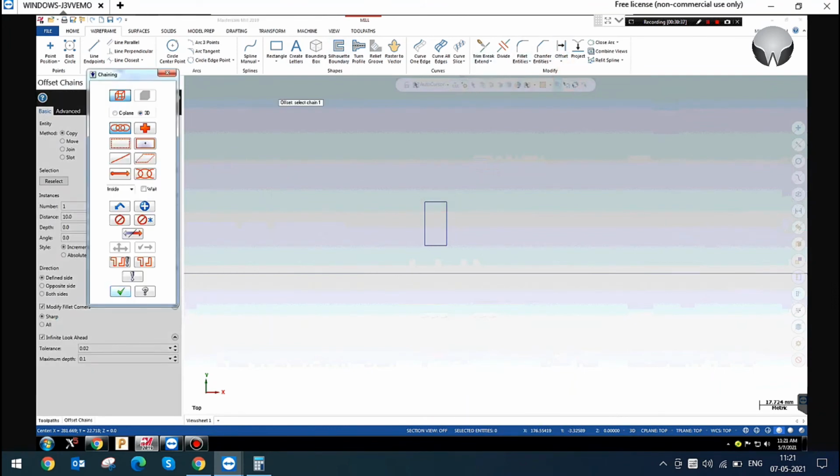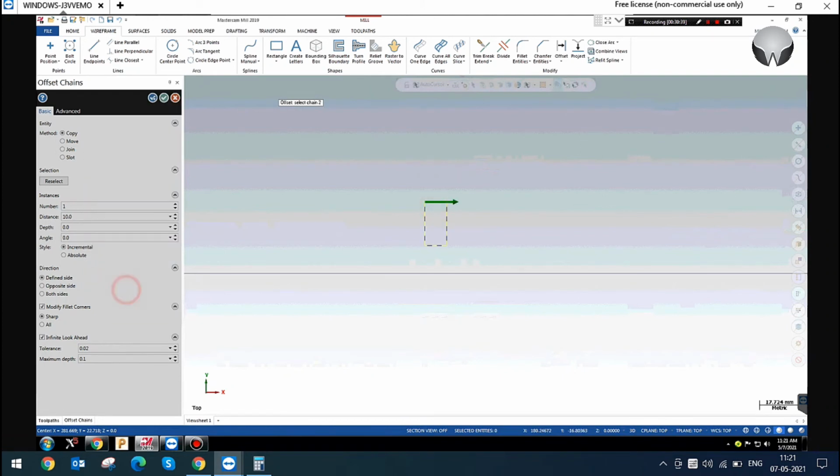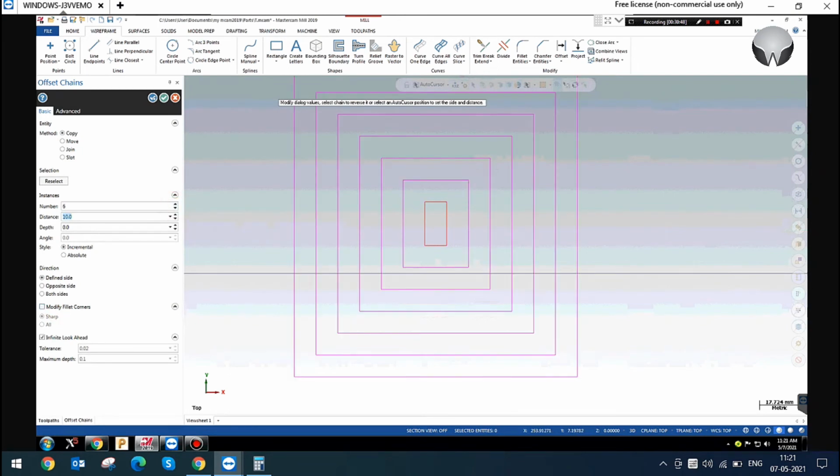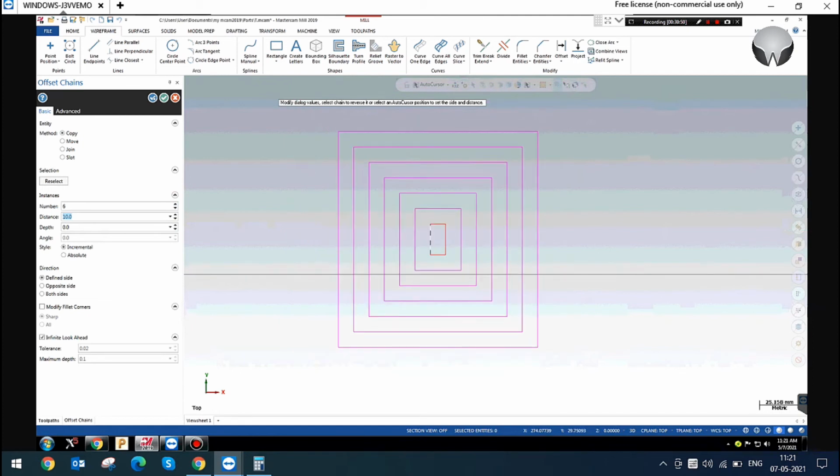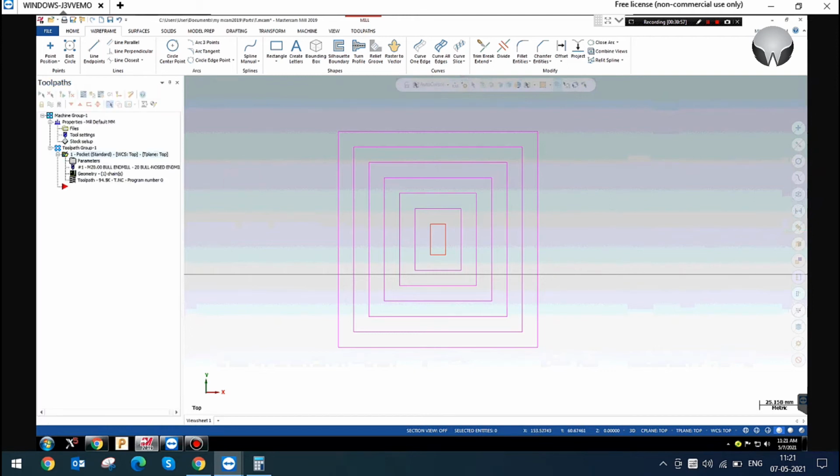Offset chain. This is my offset. Indicate the direction outside. I don't want a flat corner. My intent is this. Brother, this is a constant offset of 10 mm at every offset, right?